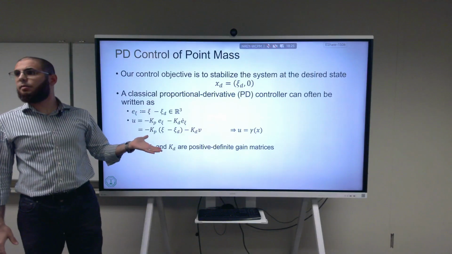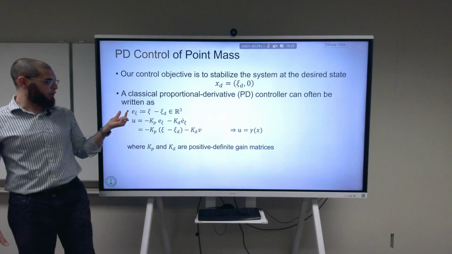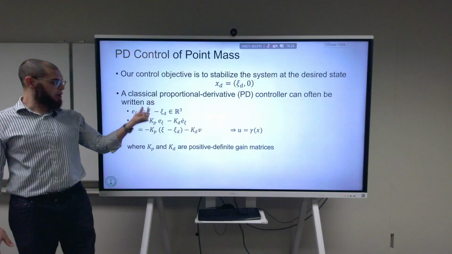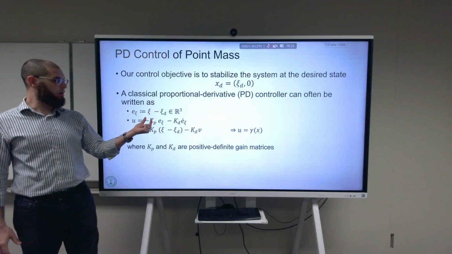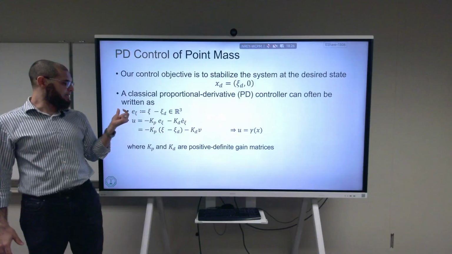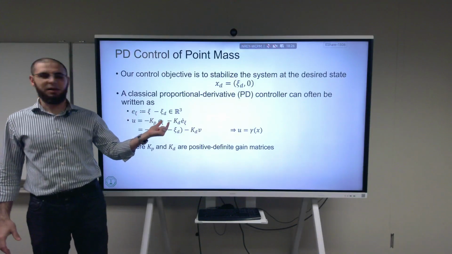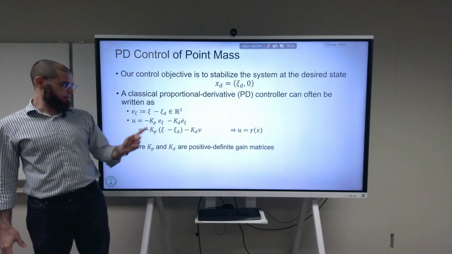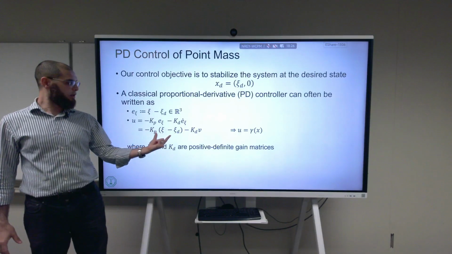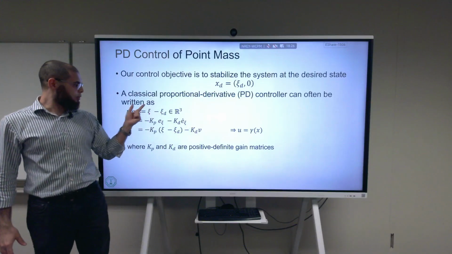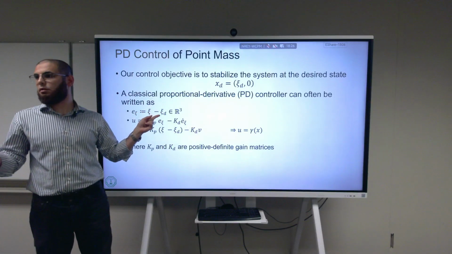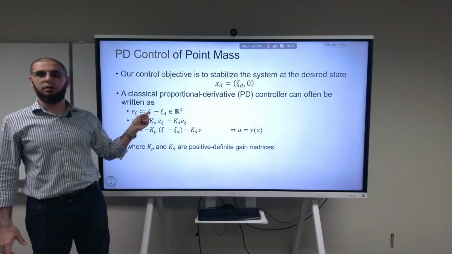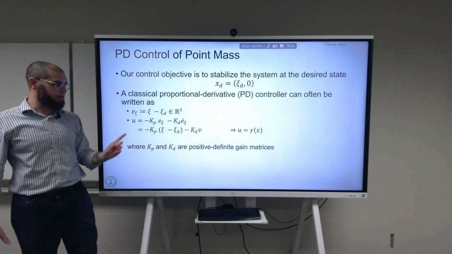How do we design a PD controller? I design the error function to be psi minus psi d. It's in R3. Then the u would be simply some constant matrix, kp, multiplied by the error, e psi, and another constant matrix, kd, multiplied by the error dot. And since the error itself is psi minus psi d, I have this first variable. And we said that psi d is just a constant. I go there and I stop. So the error dot is simply psi dot, and the psi dot is simply v. So this is the total expression for